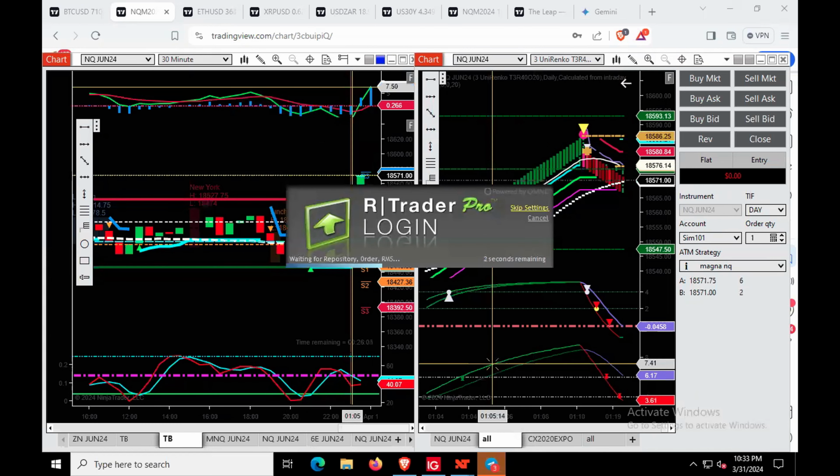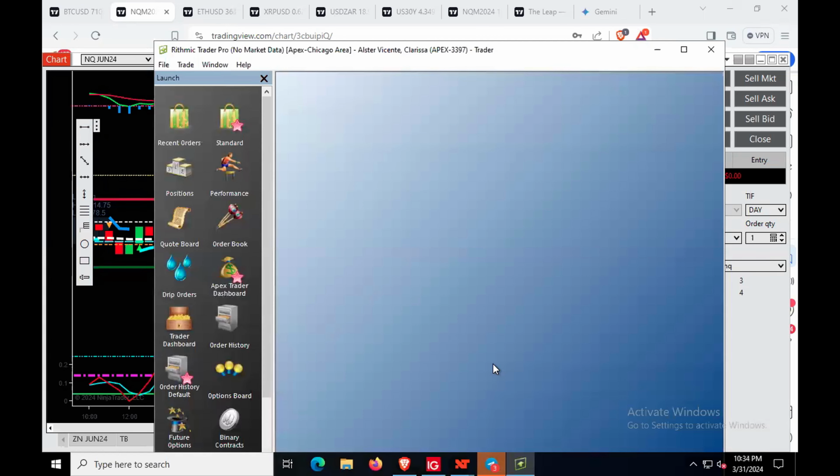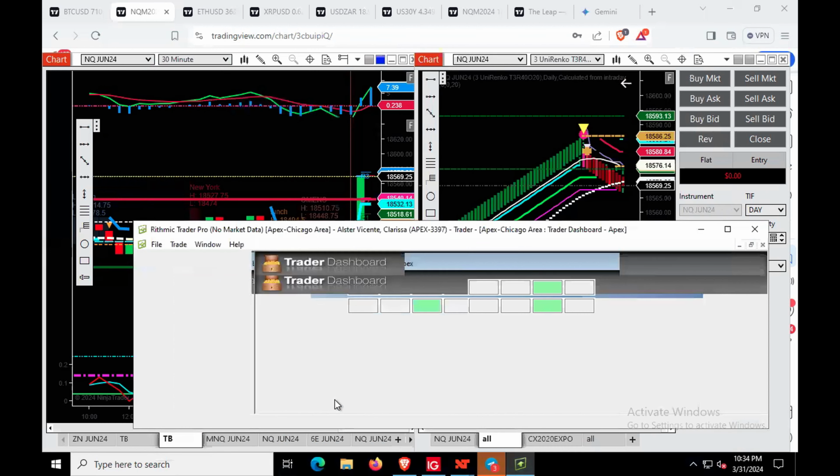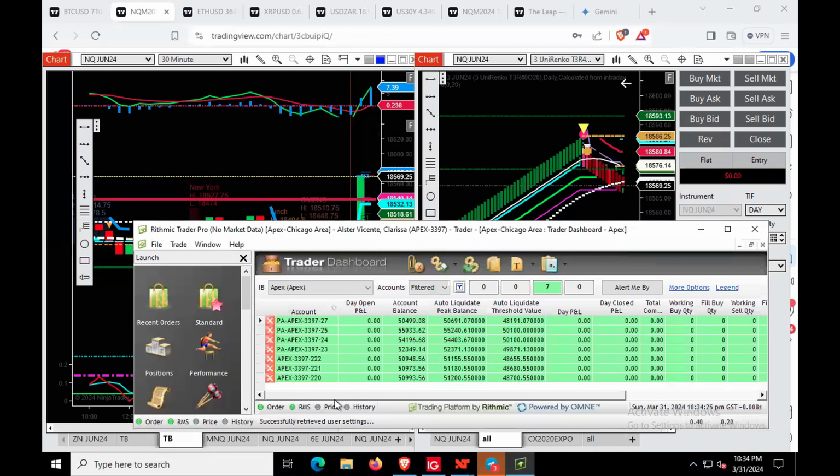And most of the time, the moment you log in, it's all messed up, right? This is why it's quite important that you save the settings first. Now I have all my settings saved, so all I need to do is go to File and then retrieve settings from network. Ta-da! And it's right there.